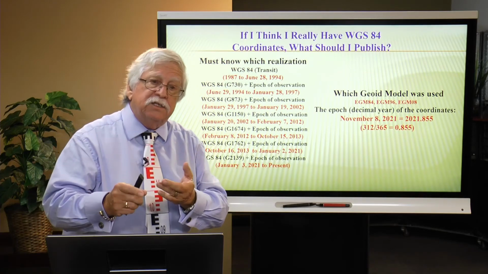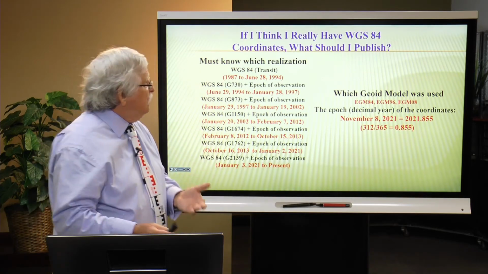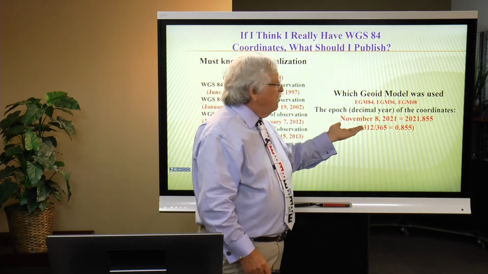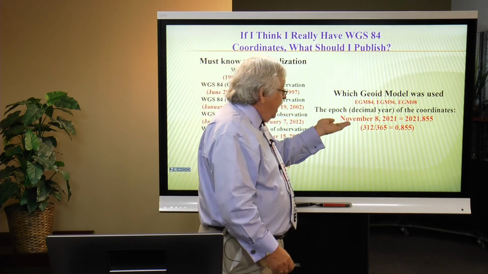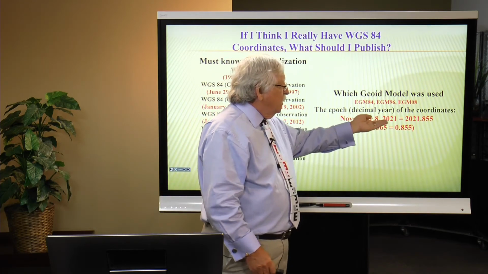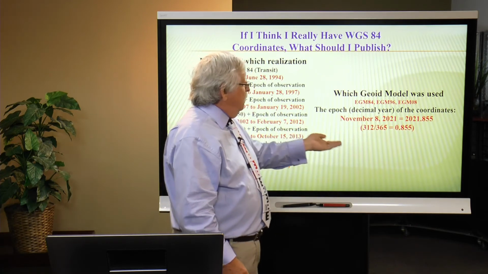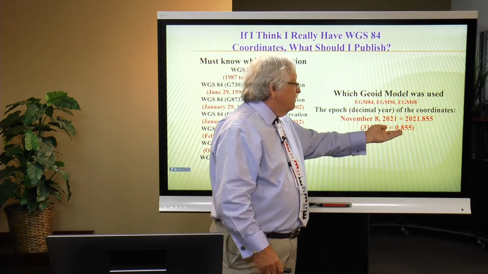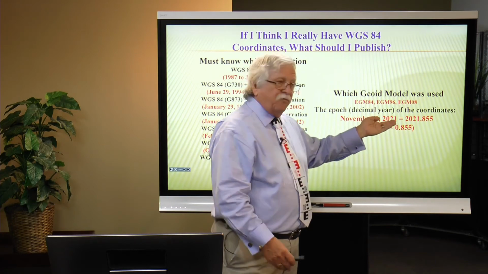And if you don't really understand what the epoch is, that's pretty simple. It's the decimal portion of the year. So today, in fact, is November 8th, 2021. That's simply the decimal part of the year. So the epoch for today would be